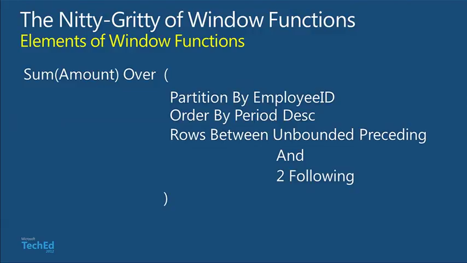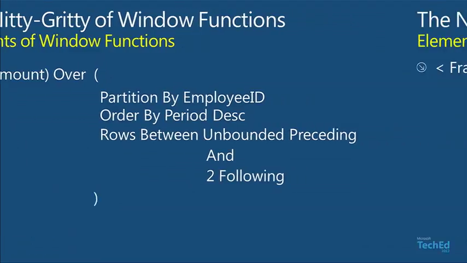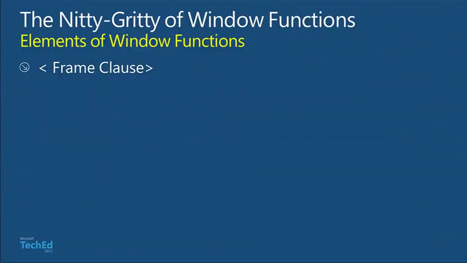UNBOUNDED PRECEDING means from the very beginning. You can go down to UNBOUNDED FOLLOWING, which means going to the very bottom. And 2 FOLLOWING means for the current row, I will go 2 rows further. So you can say I go from 4 preceding to 2 preceding, or from 2 following to 6 following. That's all allowed. So the frame clause